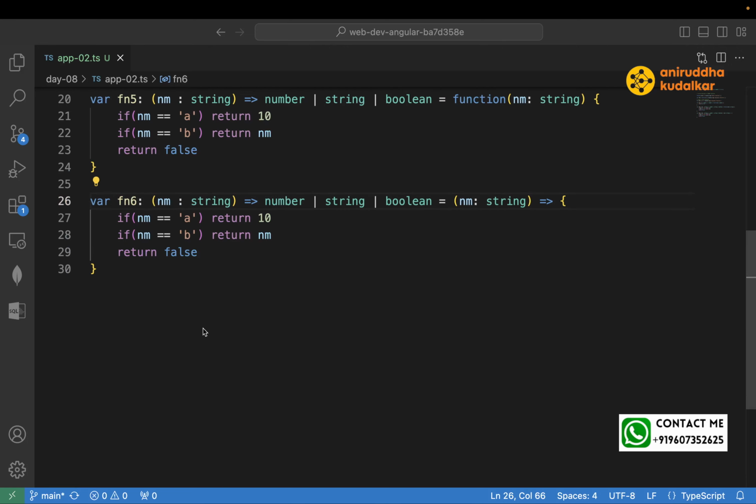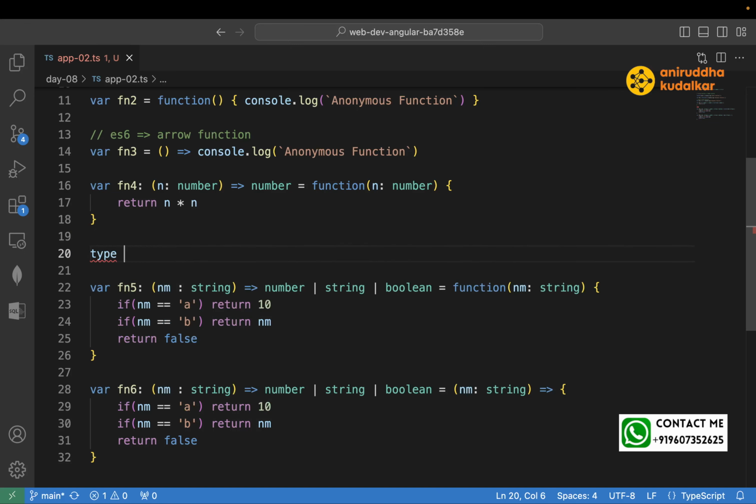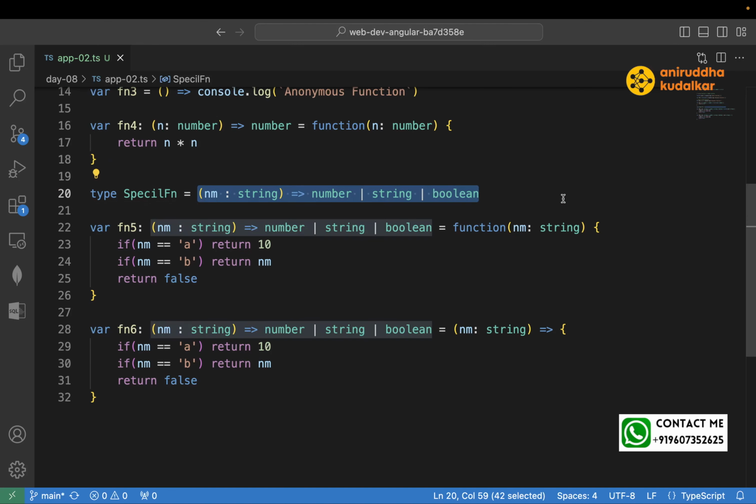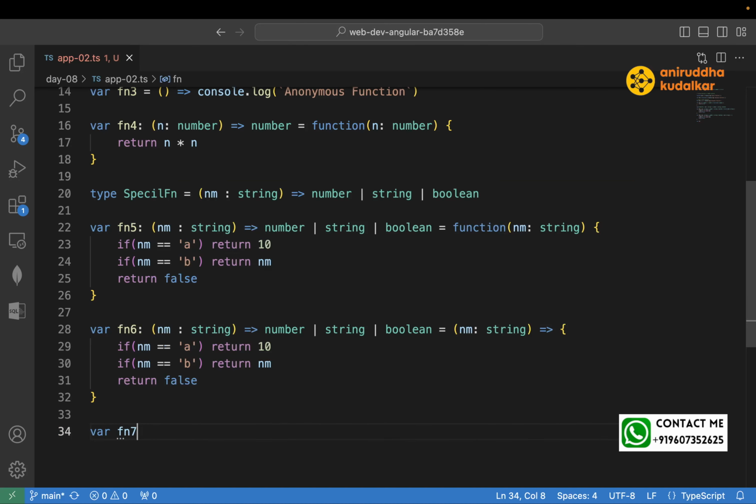Now what happens over here? Every time you cannot write this much. Presently it is just accepting one parameter, but it can accept 5 parameters also. So this type becomes heavy or lengthier, and that's why TypeScript says that, boss, if you have something like this, you can create a type alias. Instead of writing this much, for F7 you can simply say